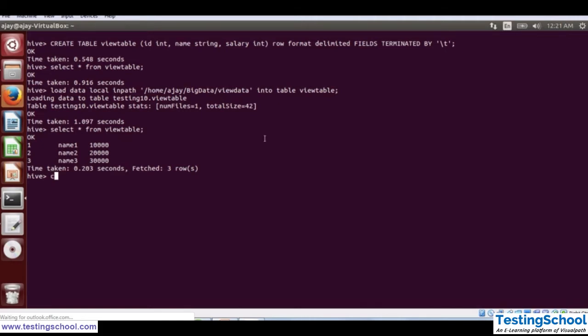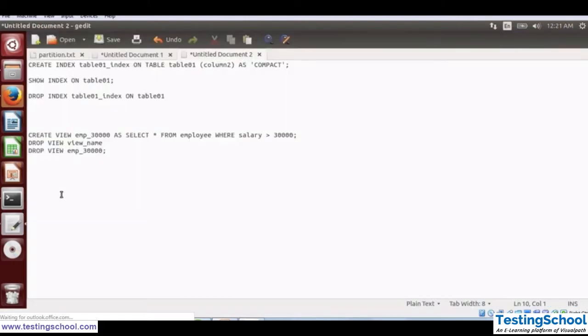The command is create view, then the view name. Let's say the view is for the salary, so let's take salary, and the condition let's begin with 20,000, and then we will see how we can create this complete query.